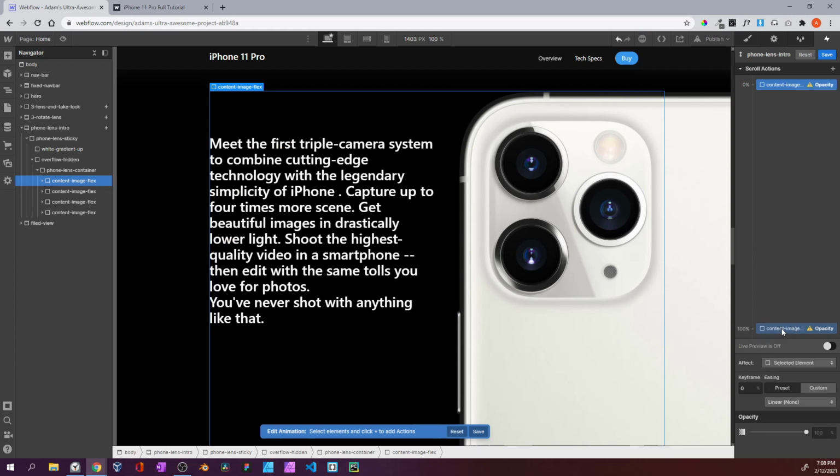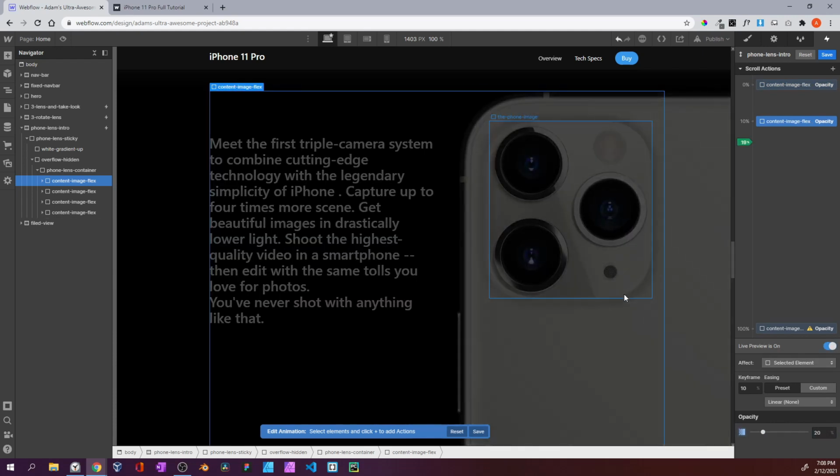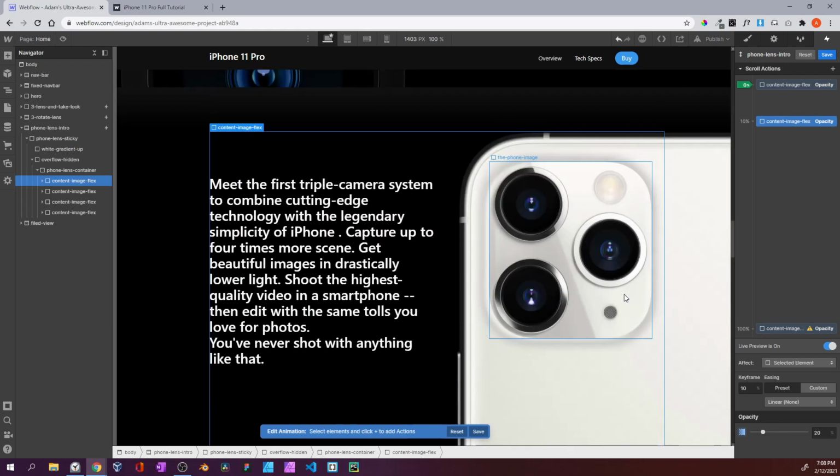Okay, select element, not class, remember, okay? Here it's at 100, and at 10, opacity is at 20. And if I scroll like this now, yeah,